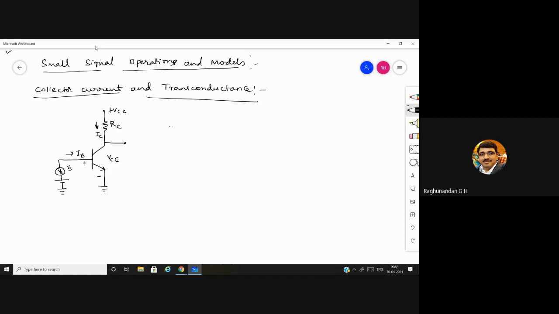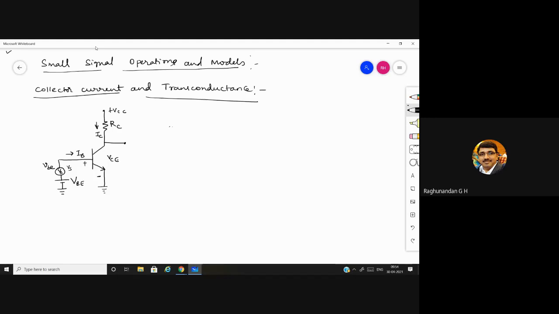Now the voltage which is given by this source will be vbe, because it is the AC source we are considering, and this is the AC voltage. And why is it vbe? Because it is the voltage applied between the base and the emitter. And this is a DC source we are having, VBE.